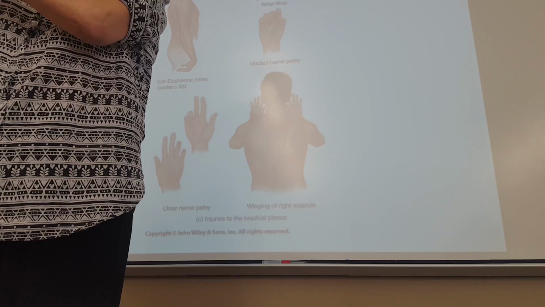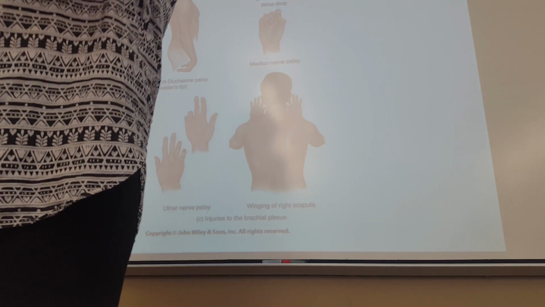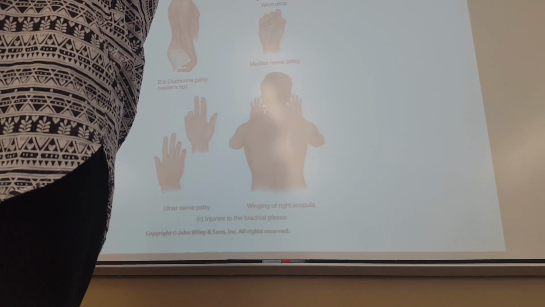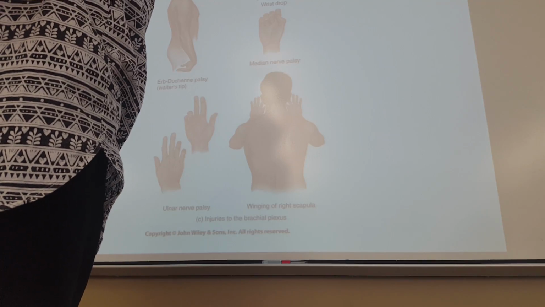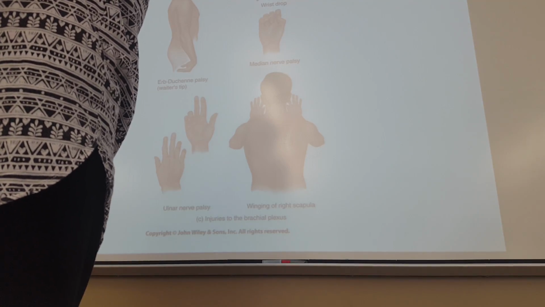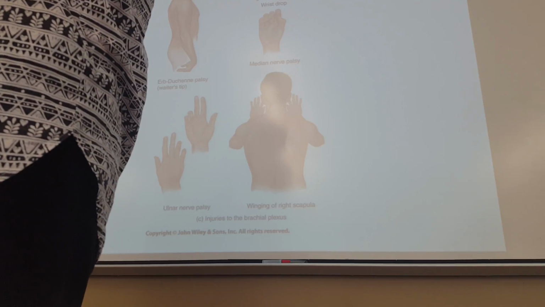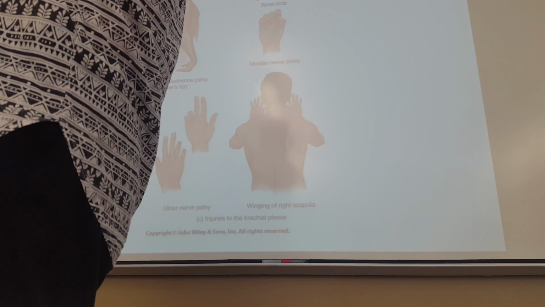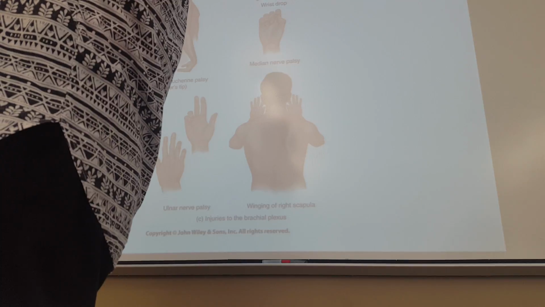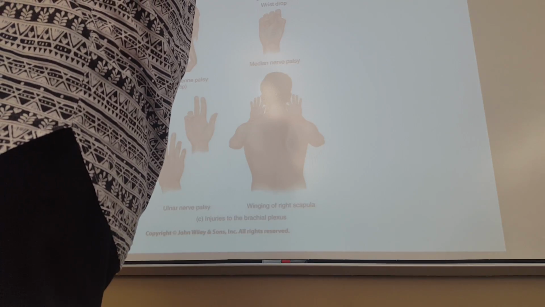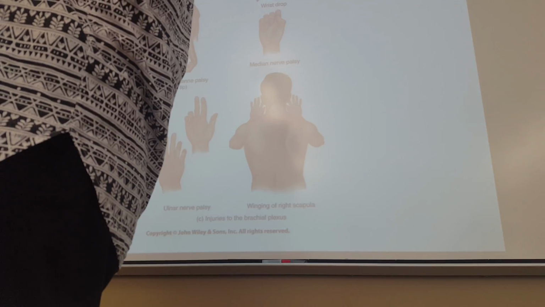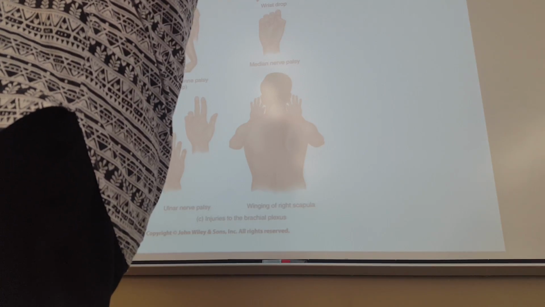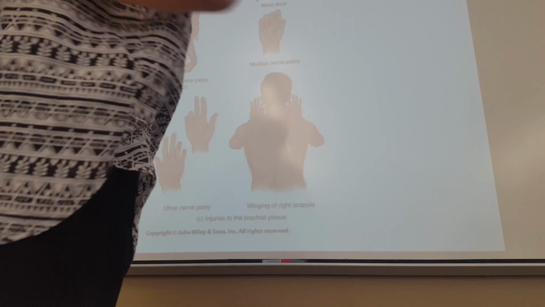Okay, with median nerve injury, we may lose part of the flexion of the wrist, maybe not complete, because we still have flexor carpi ulnaris by the ulnar nerve. So far so good. But we lost the muscle flexor digitorum superficialis. So we lost the flexion of the proximal interphalangeal joint. And here, distal interphalangeal. So